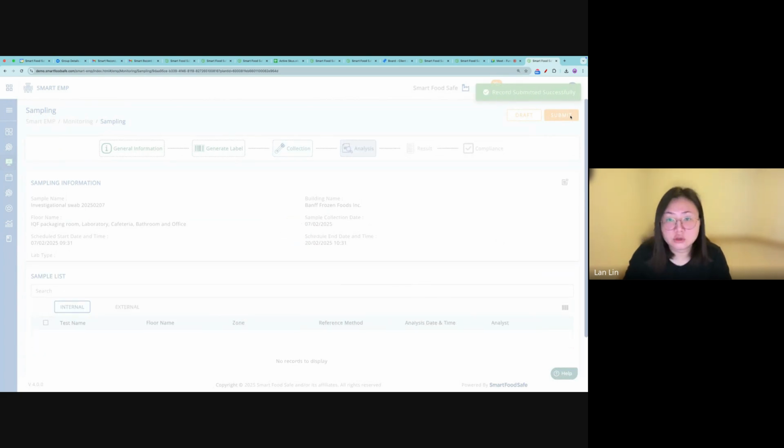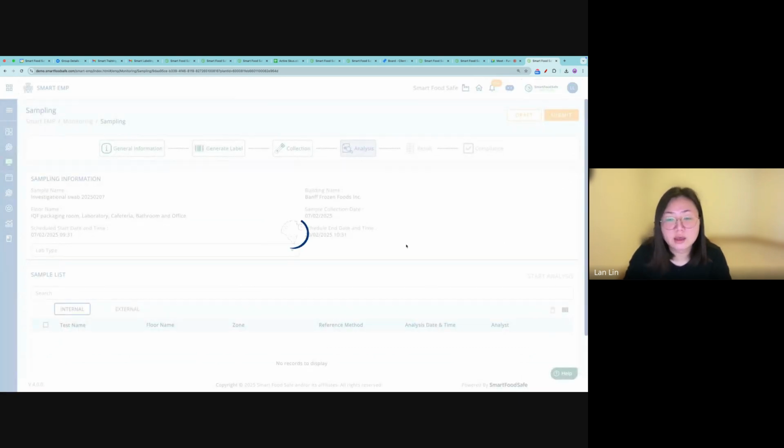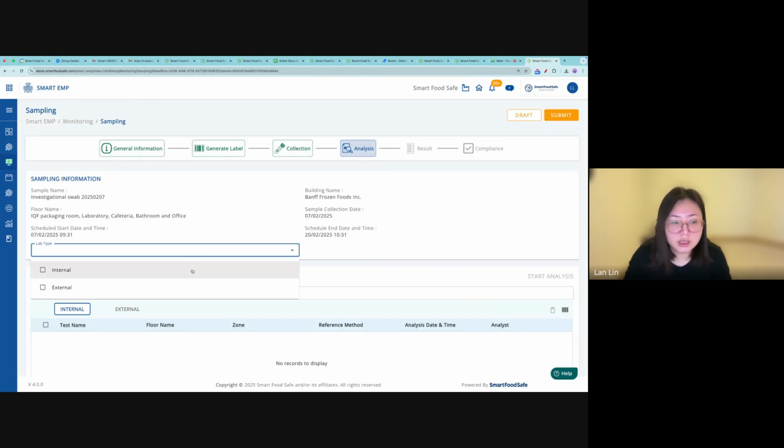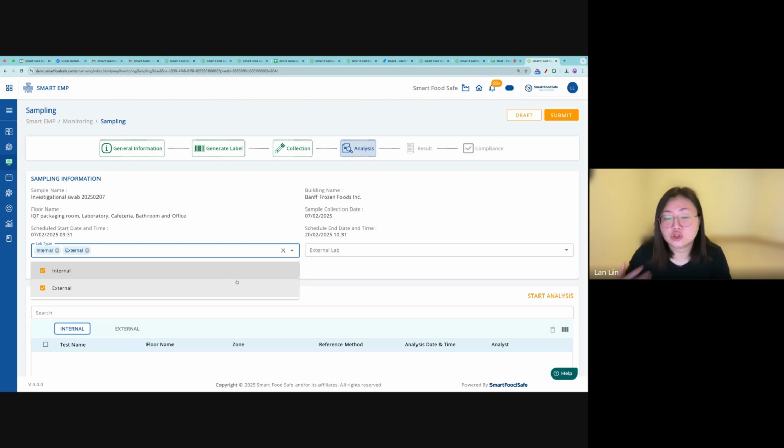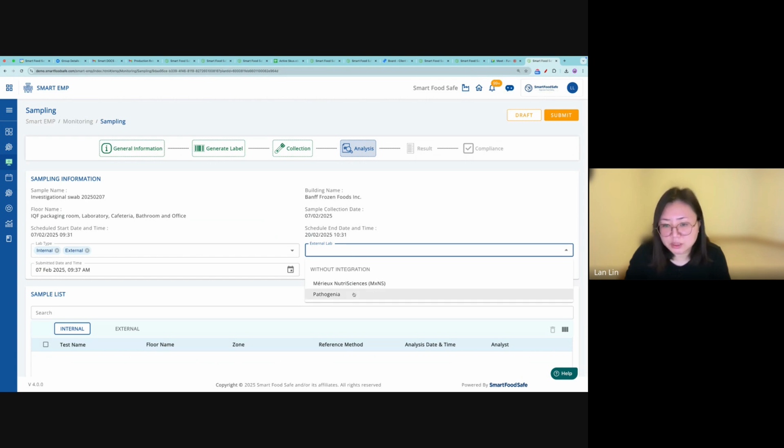So that's where you are going to prepare the analysis request form. We have two options here. Depending on our customer, they could use their internal laboratory, or some don't have an internal laboratory. They must send their samples to an external laboratory. If that's the case, we bring the external lab drop-down list. This can be configured in Smart IEM, external organizations, and service provider. You create a service provider as an analytical laboratory, and that name will populate here. And you select